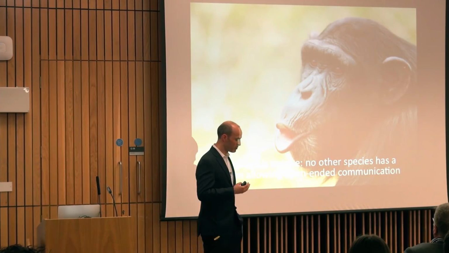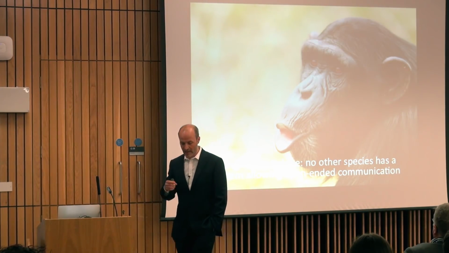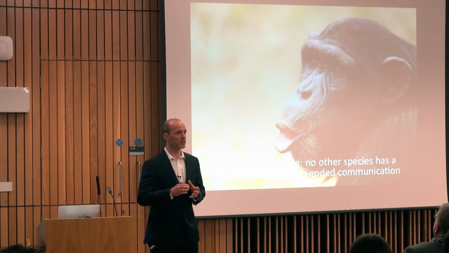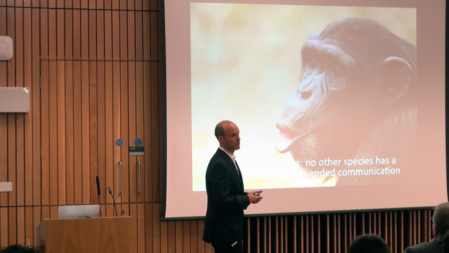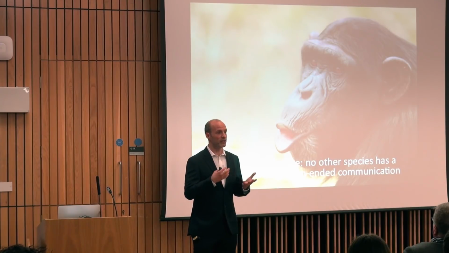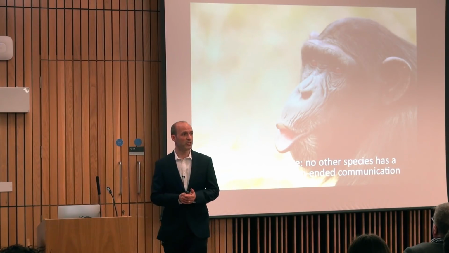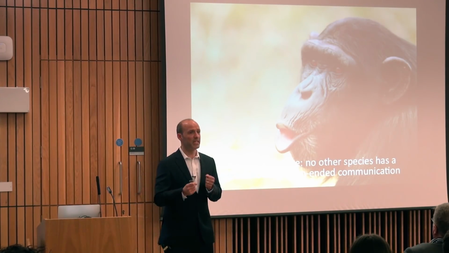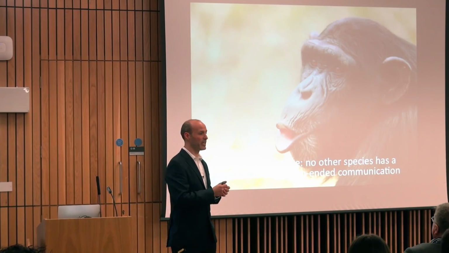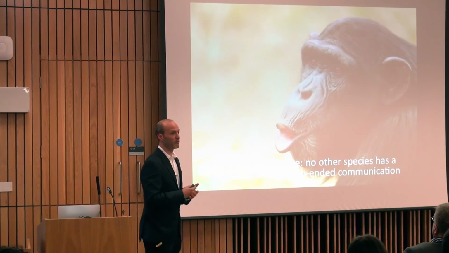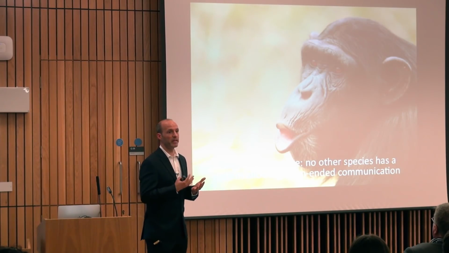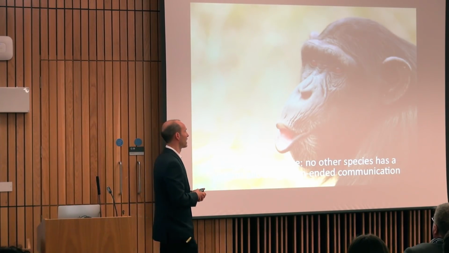So all other animals communicate, but you'll find that everywhere else in the natural world, communication is quite restricted and inflexible. So chimpanzees, our closest living relatives, have quite an interesting and elaborate communication system that allows them to mediate their social interactions and communicate about food sources and danger in the environment, that kind of thing. And it works well for those purposes, but it doesn't have the open-ended expressive power that human language has.